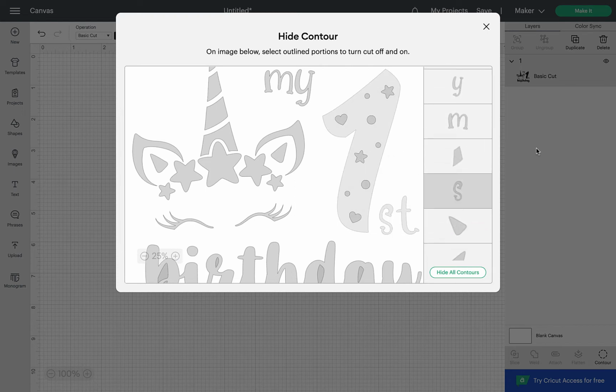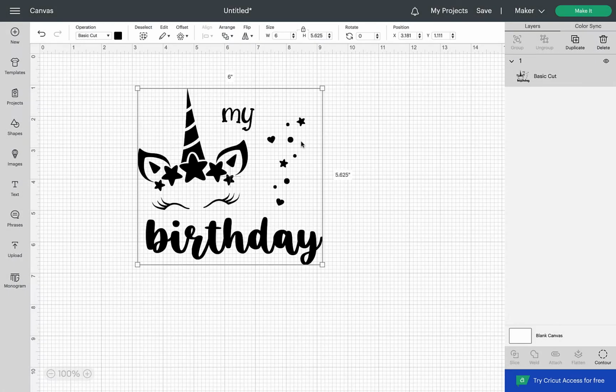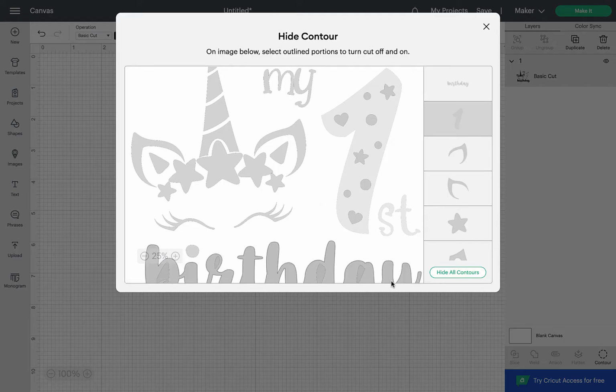To revert back to your design to see the parts that have been removed, all you need to do is either click the X button or just click back onto the canvas. And now we can see on the design that the number 1 has been removed, but it's obviously left all these elements behind. So if we want to remove those as well, then we can go back to the contour button, and if we carry on going down, if we click on the elements there,